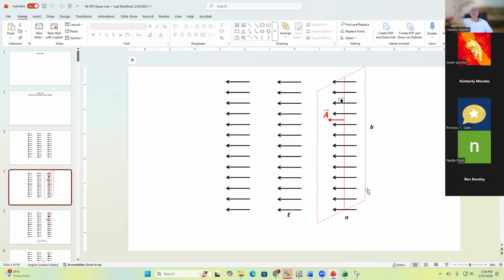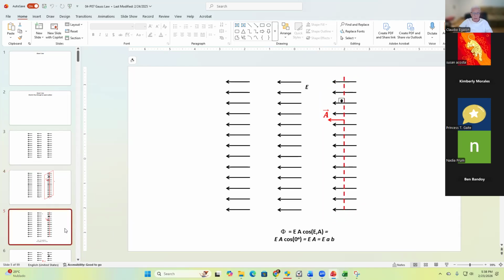the uniform electric field is pointing in this direction. And my imaginary surface, planar surface, is this one right here. That's what this red planar surface is all about, okay? Can you picture that? I'm going to illustrate this planar surface now seen sideways, okay? So here you go. Here's my planar surface right now. This planar surface is just coming out of the plane of my computer, and you can see that this planar surface is making an angle of 90 degrees with the electric field. I'm also defining my area vector